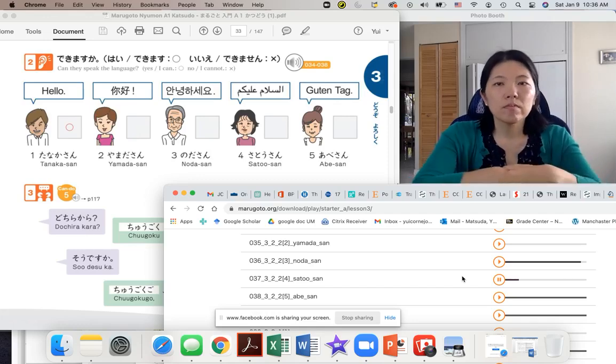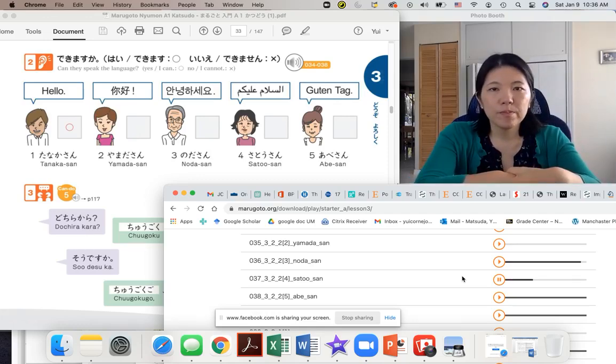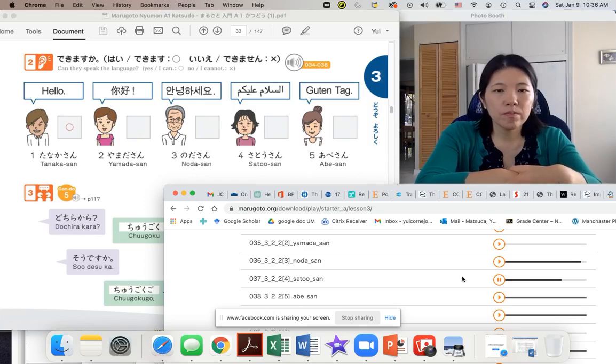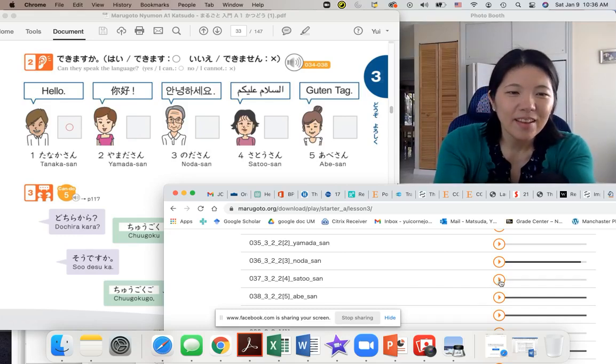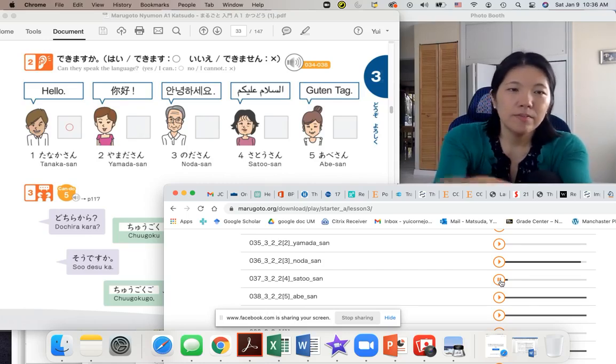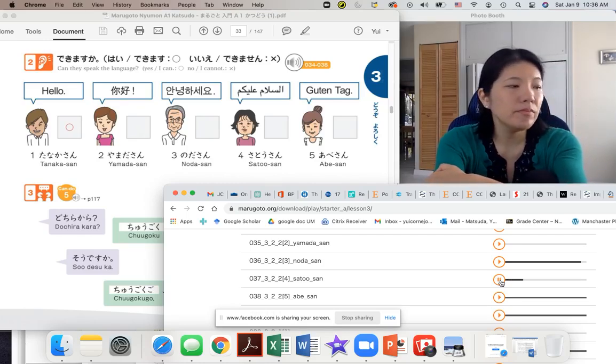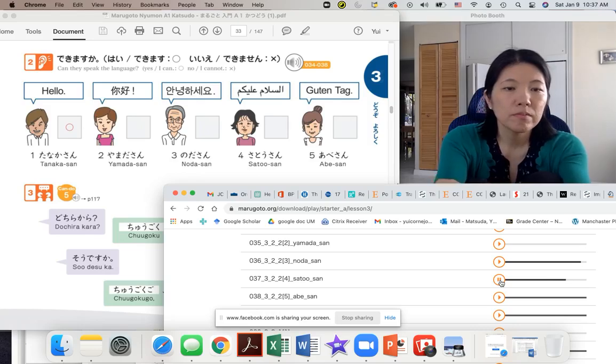4、佐藤さんはアラビア語できますか？すみません、できません。アラビア語は難しいですね。はい。This one's a little different from number 3 or 2. Let's listen to it again, if Sato-san can speak Arabic or not. 4、佐藤さんはアラビア語できますか？すみません、できません。アラビア語は難しいですね。